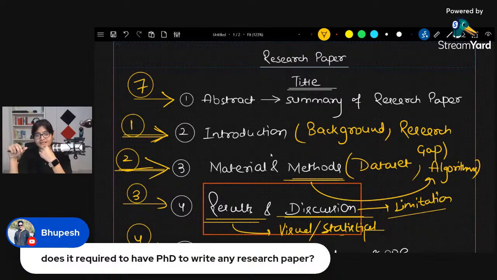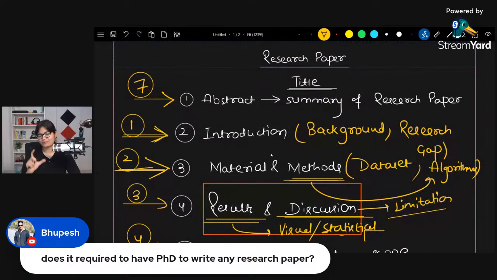And he said, where is introduction? Where is materials and methods? Where is results and discussion? Without writing all those things, how are you writing abstract in a very direct place? It's the summary of a complete research paper. It is always written at the very end. So that's where I got to know that abstract is something which we should write at the very end, and that's a good practice. Once I complete writing the intro, materials and methods, results and discussion, references, then I am easily able to write the abstract as well.